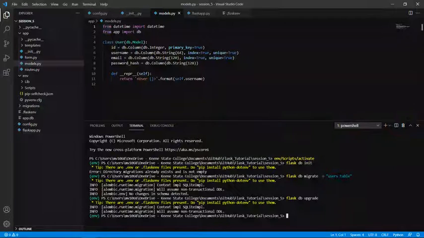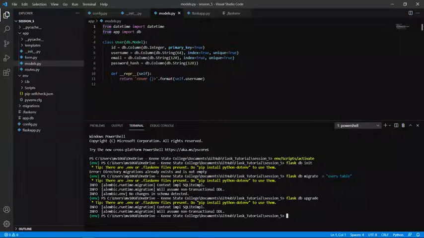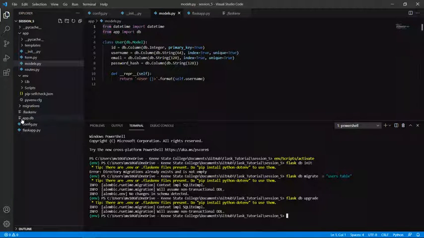After this flask db upgrade command, you can see the app.db file in the main directory. This file will be created automatically, so just make sure after this command you have this app.db file added.